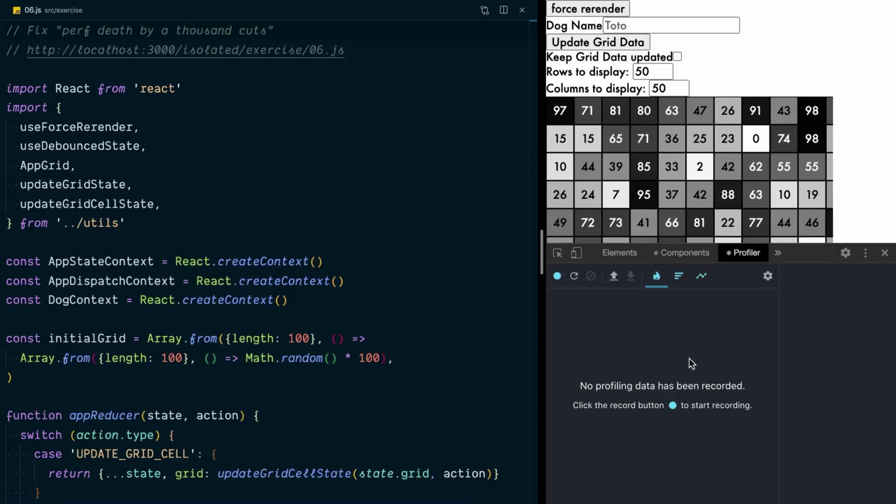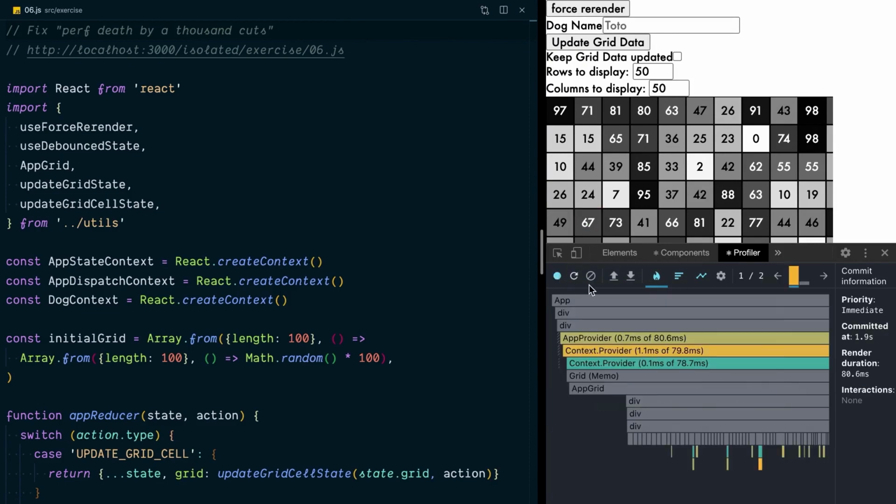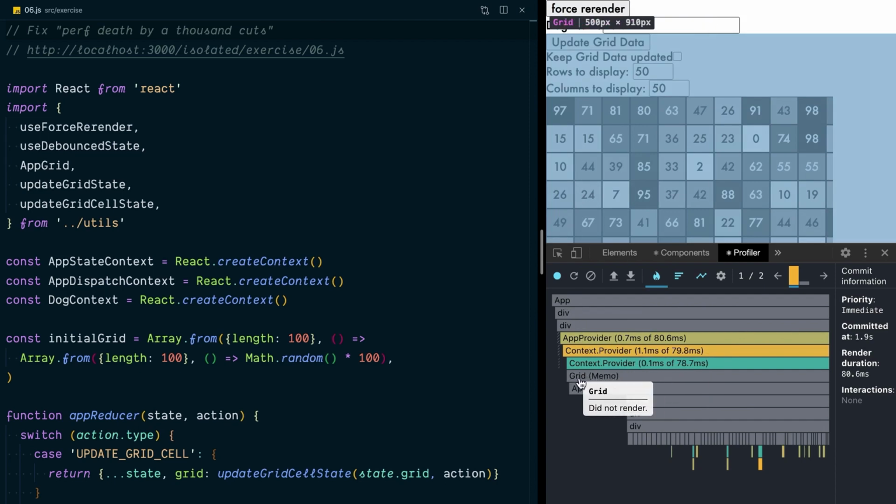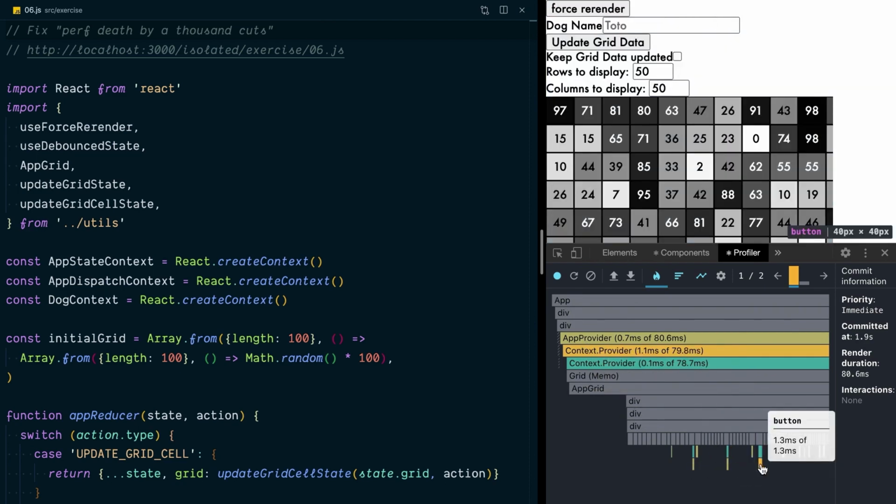So let's take a look at what happens when I click on one of these elements. I'm going to start profiling with the React Profiler, then I'm going to stop, and I click on one of those, and yeah, I'm not getting a re-render of my app or my grid because that's memoized. That's awesome. I am getting a re-render of the app provider because the state is changing. That makes sense. But if we look down here at these little slivers, we're seeing that these cells are re-rendering,